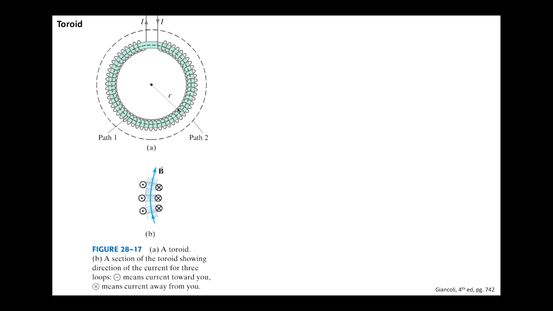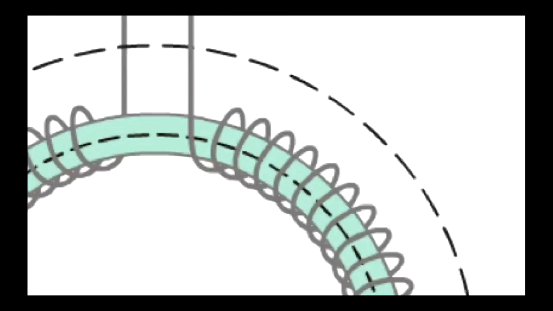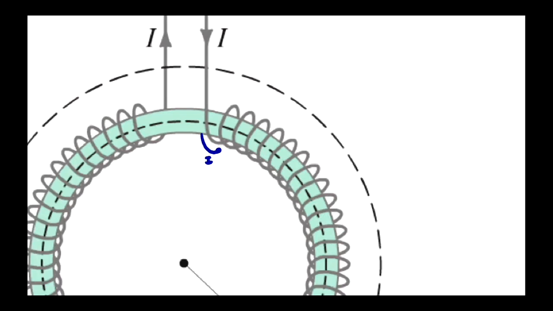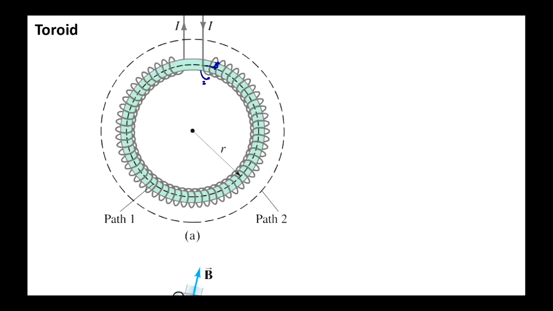But I'm going to show you how we can use Ampere's law to calculate the magnetic field down the center of the toroid in this case. So here's one thing that we can say, first of all, is let's zoom in on this and see which way the current's going. So the current's going around like that, which should tell you something about the direction of the magnetic field through the coil of wire. Well, if it's going around this way, looks like the magnetic field is going to be going through the center sort of that direction. So in other words, everywhere around the circle, we could say that the magnetic field is going clockwise